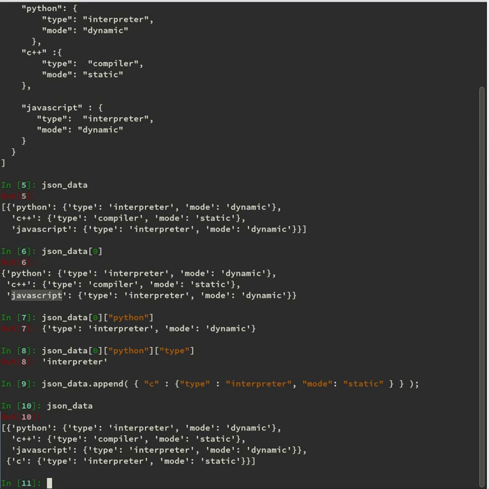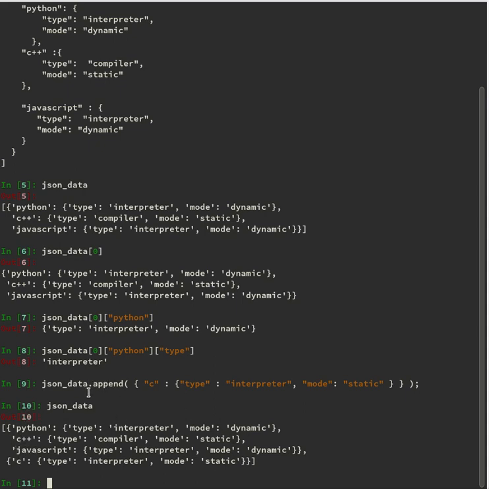Okay, seems something is wrong actually. It should be part of this structure, Python, C++, JavaScript. Now it seems it has been added differently.